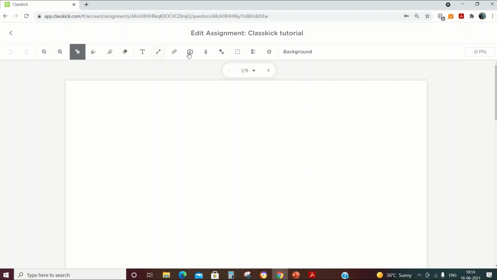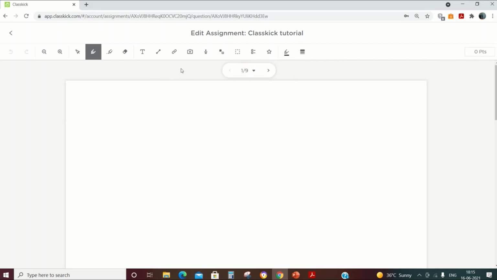You can see a lot of options here. This is the highlighter. Then you can see the pen mode. Then you can see the highlighter mode. Eraser is there. Then if you want to type, this will give you the line. If you want to attach anything, especially when the students have done any answer sheet, if they have a PDF link, then they can add it using this option. Another beautiful option is to add an image using the camera, or upload from the computer. Directly you will be able to upload it on the slide.